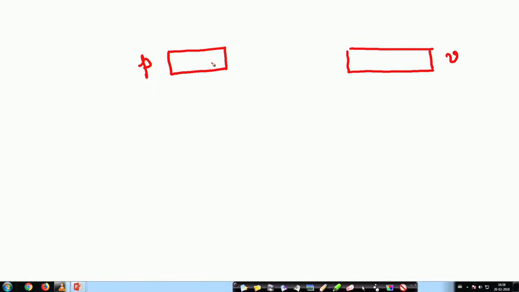So, p will point to this v, right. P is pointing to this v. In that case, I can say p is a pointer to v.